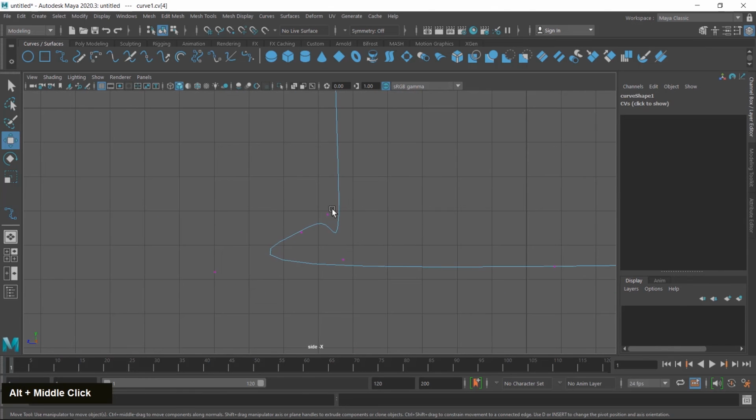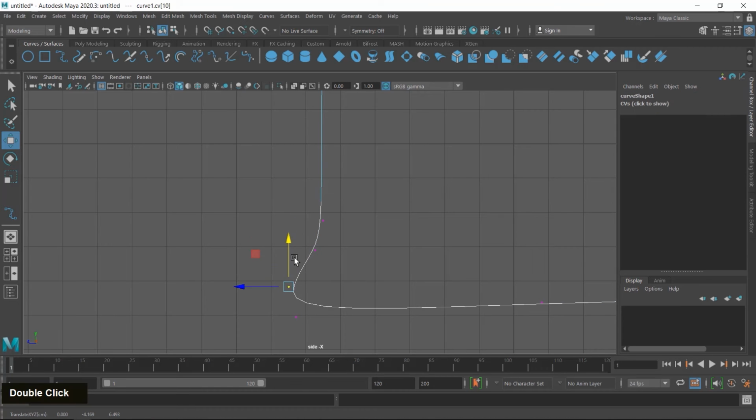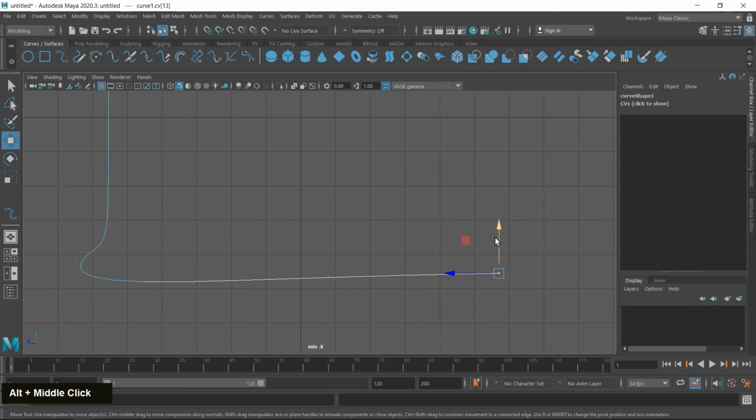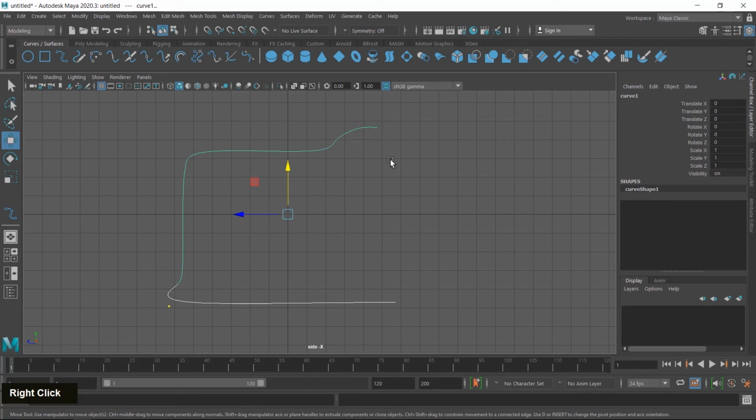Same as I modify this point also. Now modification is complete. Now right click again and choose object mode to exit from the editing mode.